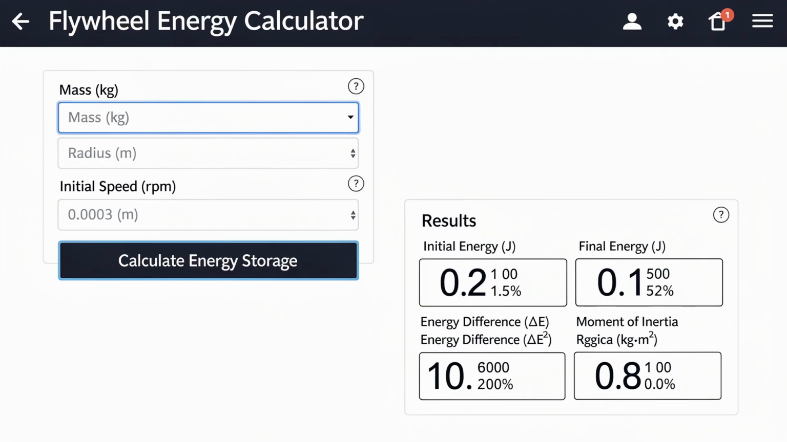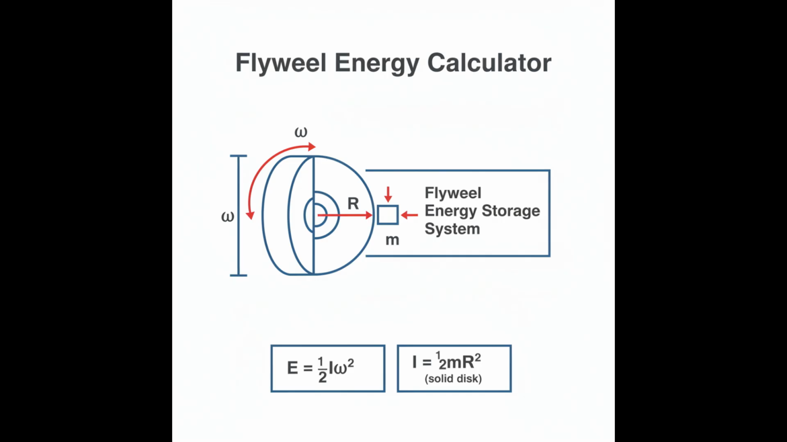The calculator shows our initial energy is 274.16 joules. The final energy equals 274.16 joules. Since both speeds are identical, the energy difference, or delta E, is 0.00 joules, confirming no energy change